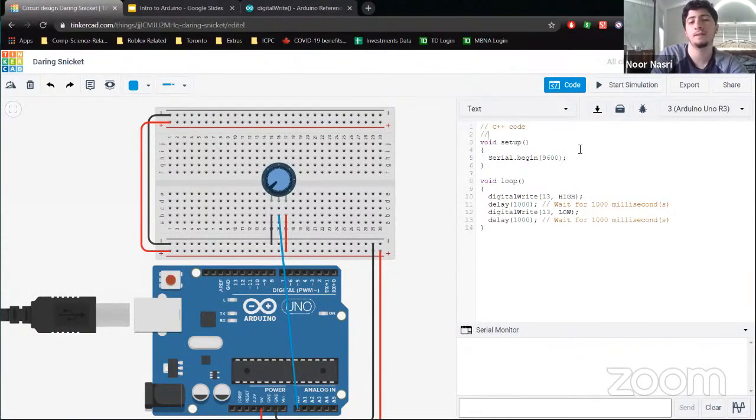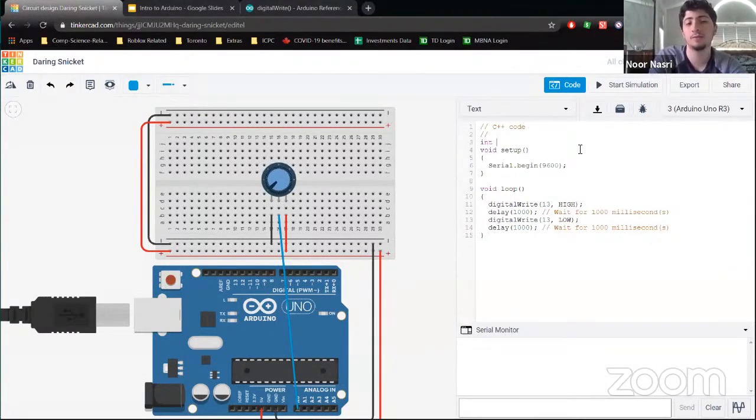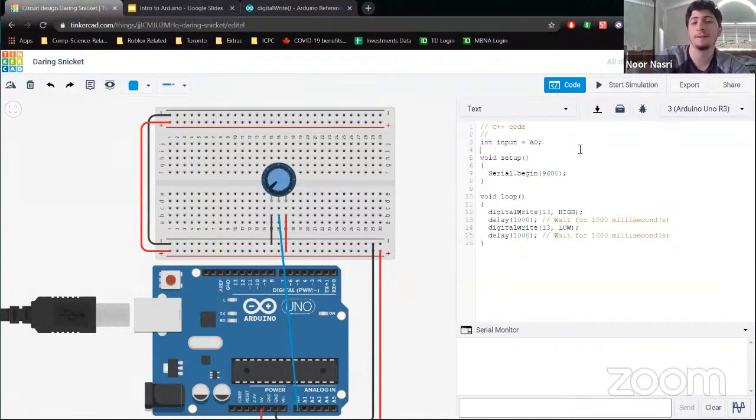Okay. And then it's still an integer, even though it's A0, A1, these are just symbols for integers. And we're just going to say our input, or I guess you could call it something more creative, is equal to A0. And we don't have to set the pin mode, we just have to read from it. And int